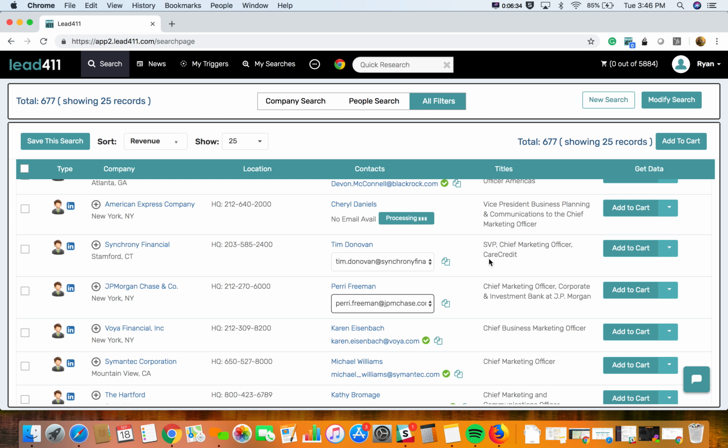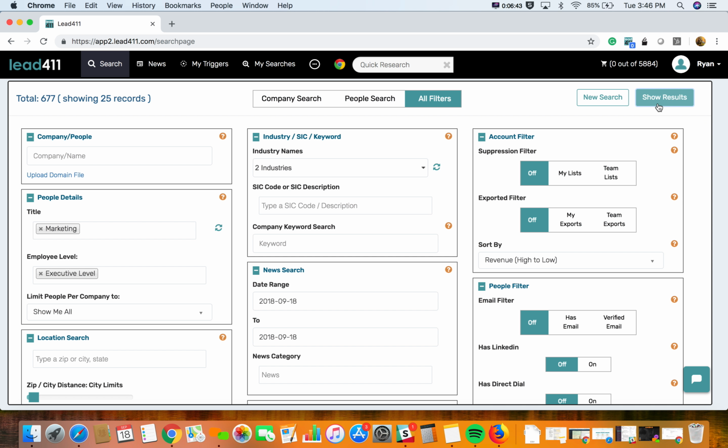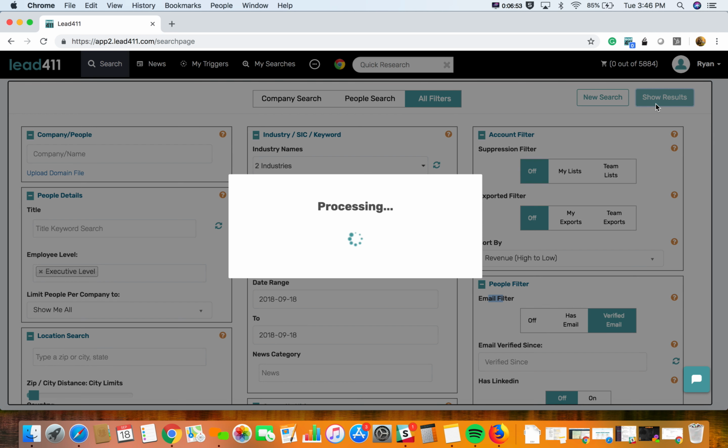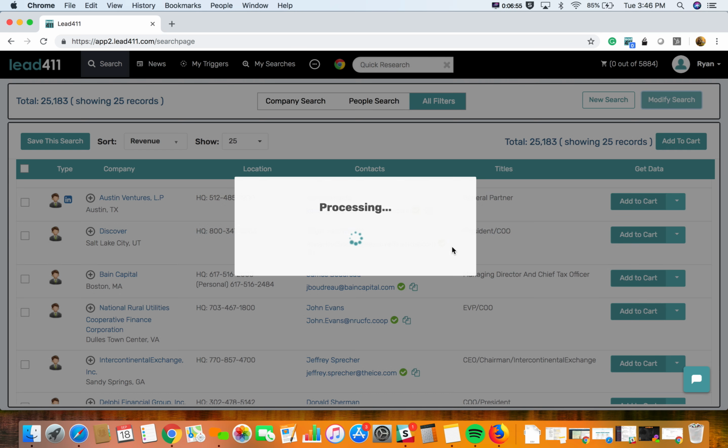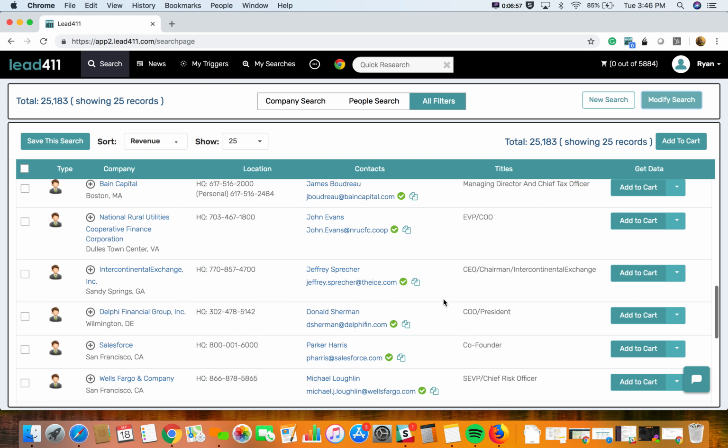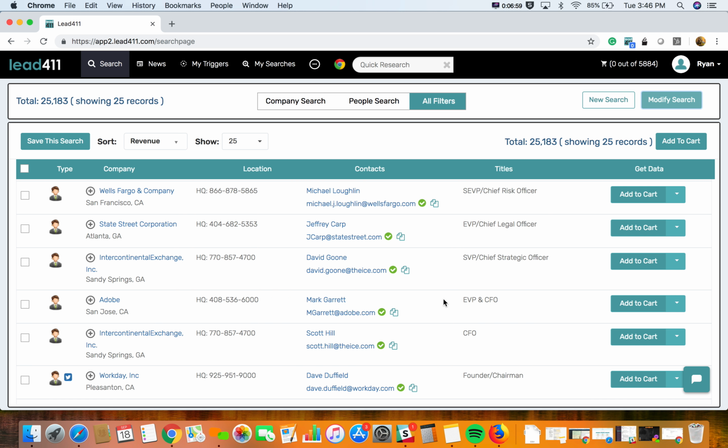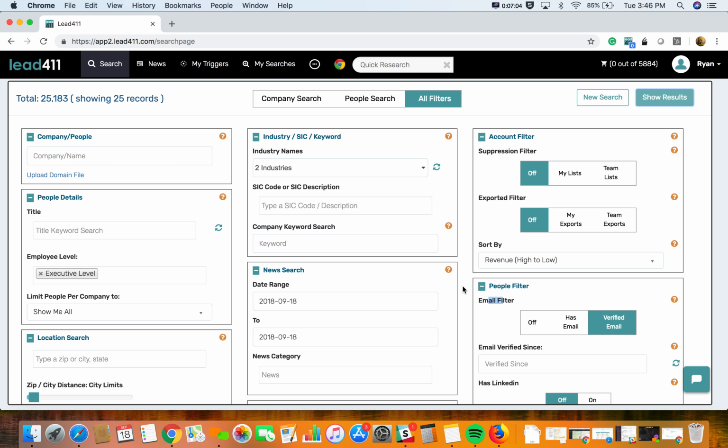If you're looking to do email marketing and you want only a list of verified contacts that we have in the database, you can always open up the search back up under Modify Results in the top right hand corner. So this way, if we want to look at all executive levels with verified emails, then we can move that email filter over to verified and specifically look at verified contacts that are going to be 90% deliverable or better. That's going to be the option for list building,